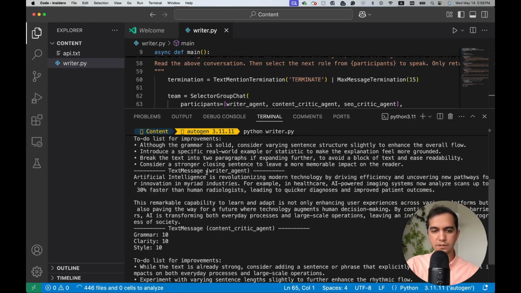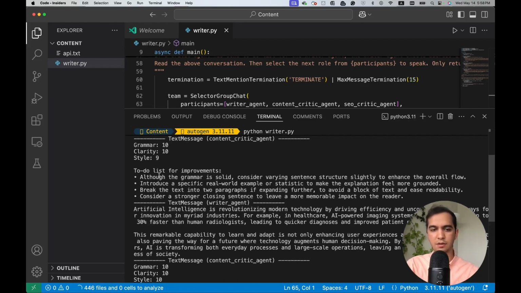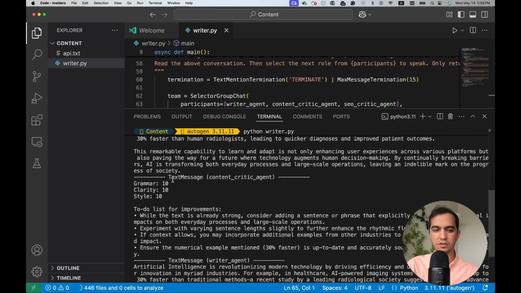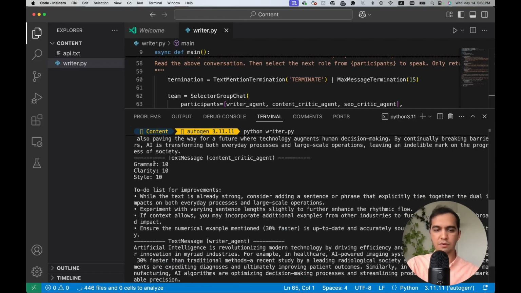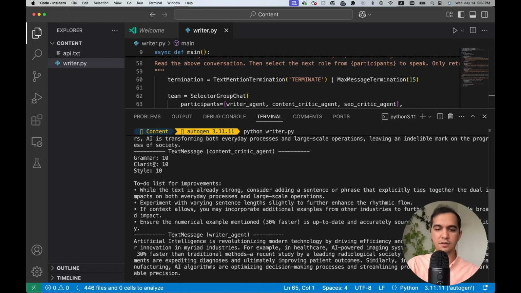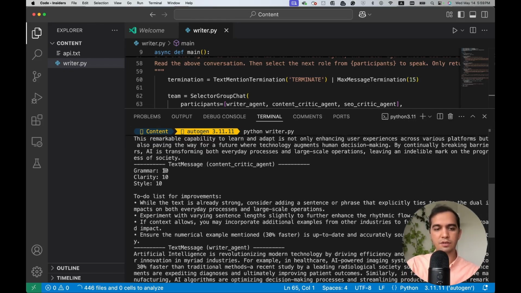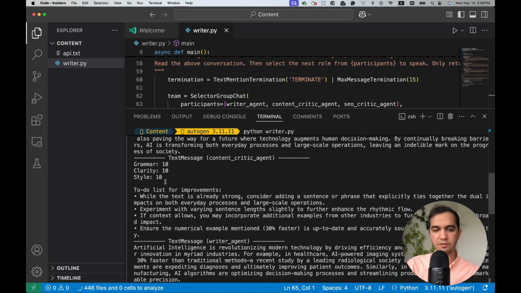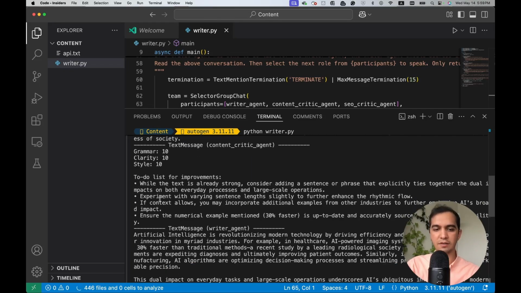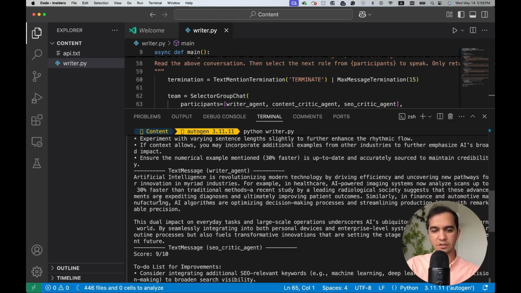And then here's the writer agent. It has addressed the task specified by the Content-Critic Agent. So now all of it is 10 out of 10, but you can see the bottlenecks and the challenges in a real project development. You see, although the grammar, the clarity, and the style scores are all 10 out of 10, we still have some to-do lists, and these two agents are now